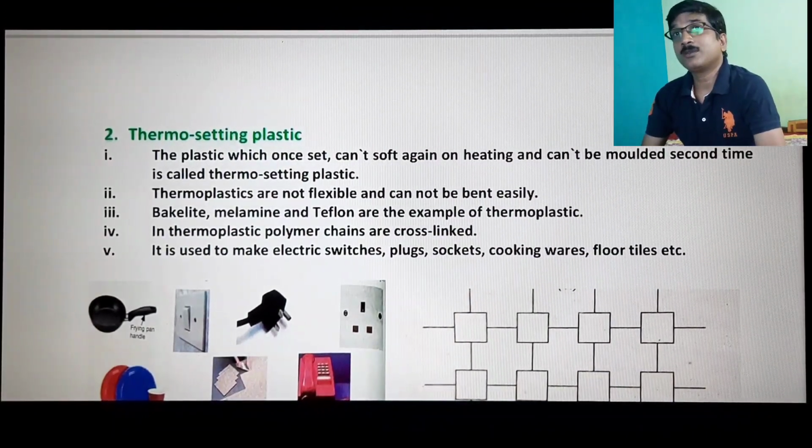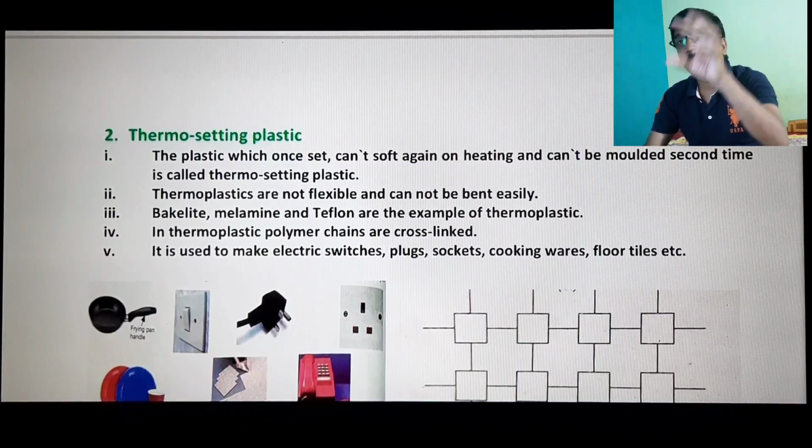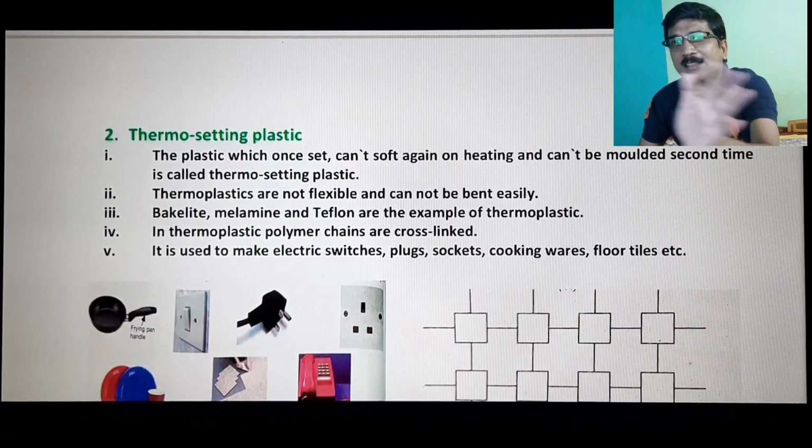What I have told? The plastic which once set,